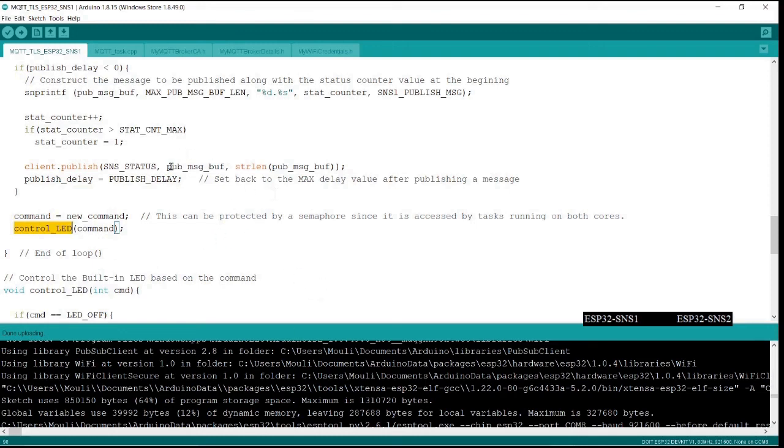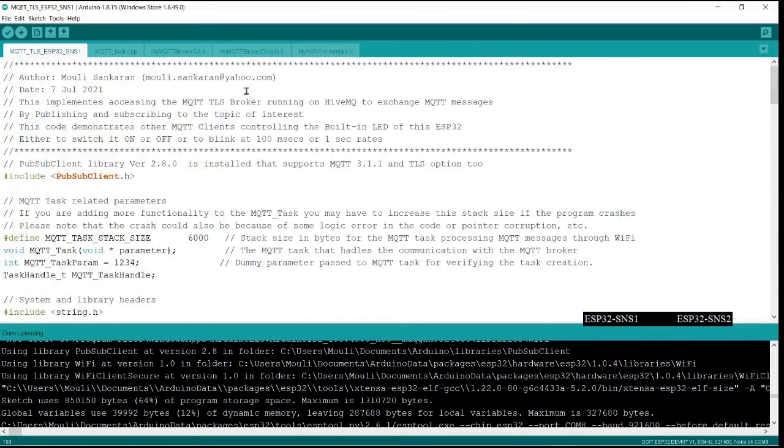I hope this is clear now. Even if it is not very clear from the explanation, you should be able to read the code, understand it yourself, and then look at my explanation. I'm pretty sure you will be able to do that. I am happy to help in case you have any trouble. Send me a mail, and my email ID is given here.